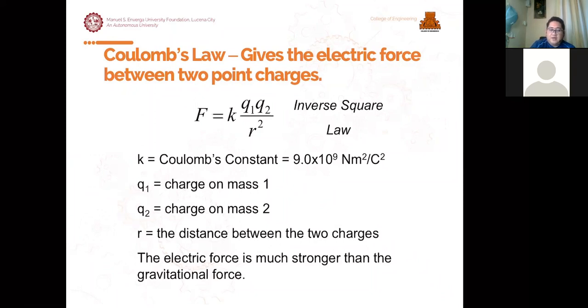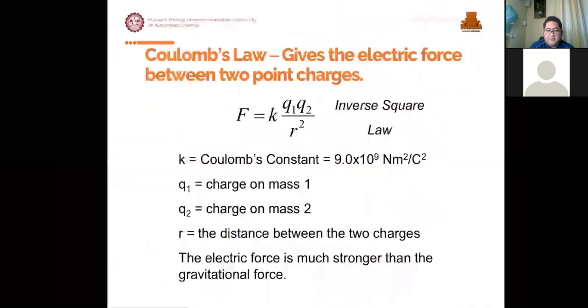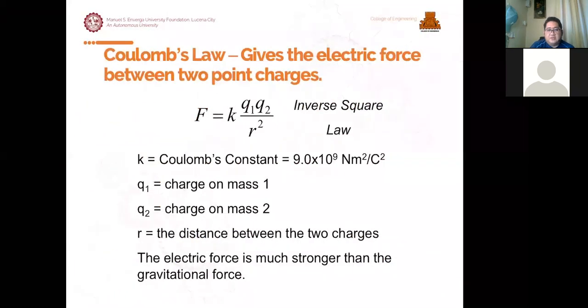Then yung R, kanina D yung nakalagay pero same lang naman. So may ibang textbook, iba lang yung notation pero same lang naman yung dinidiscuss. So R or D, basta yung denominator natin na naka-square ang value is always the distance between the two particles. Okay? And then yung mga calculate natin electric force,